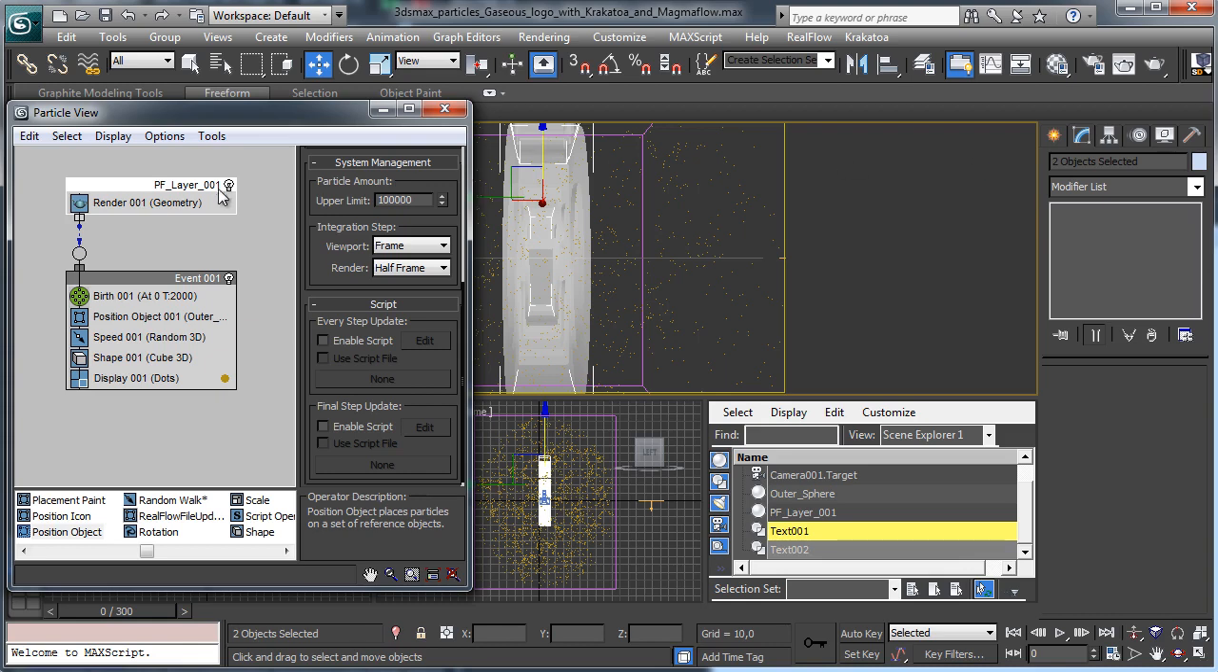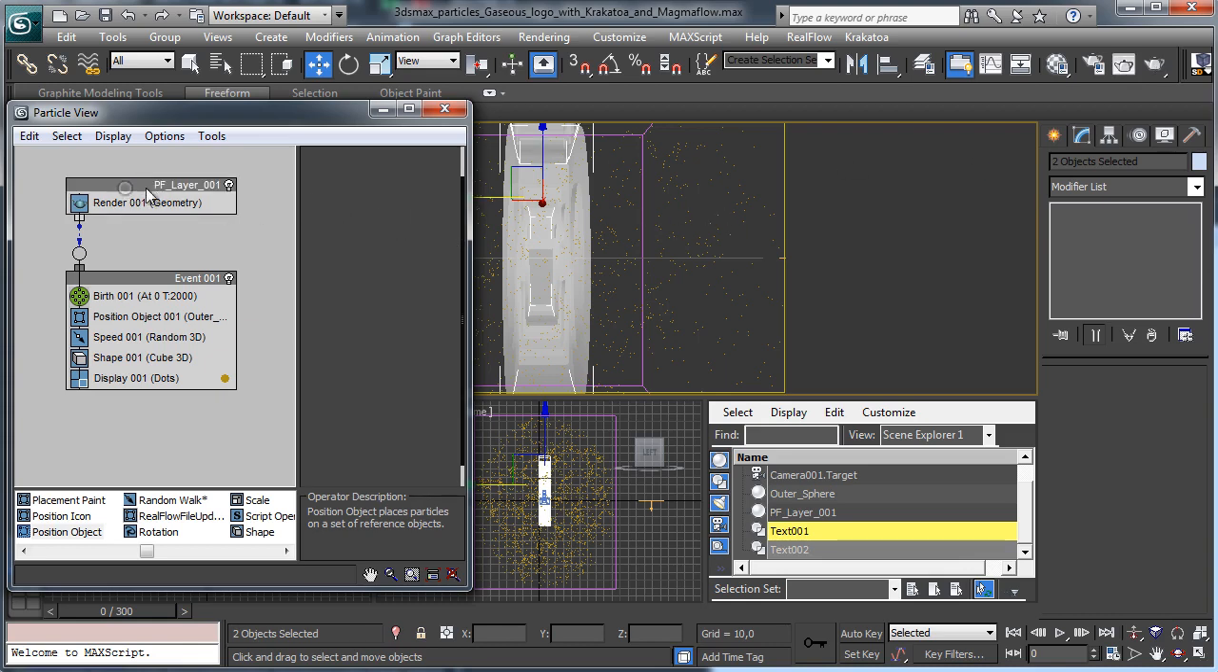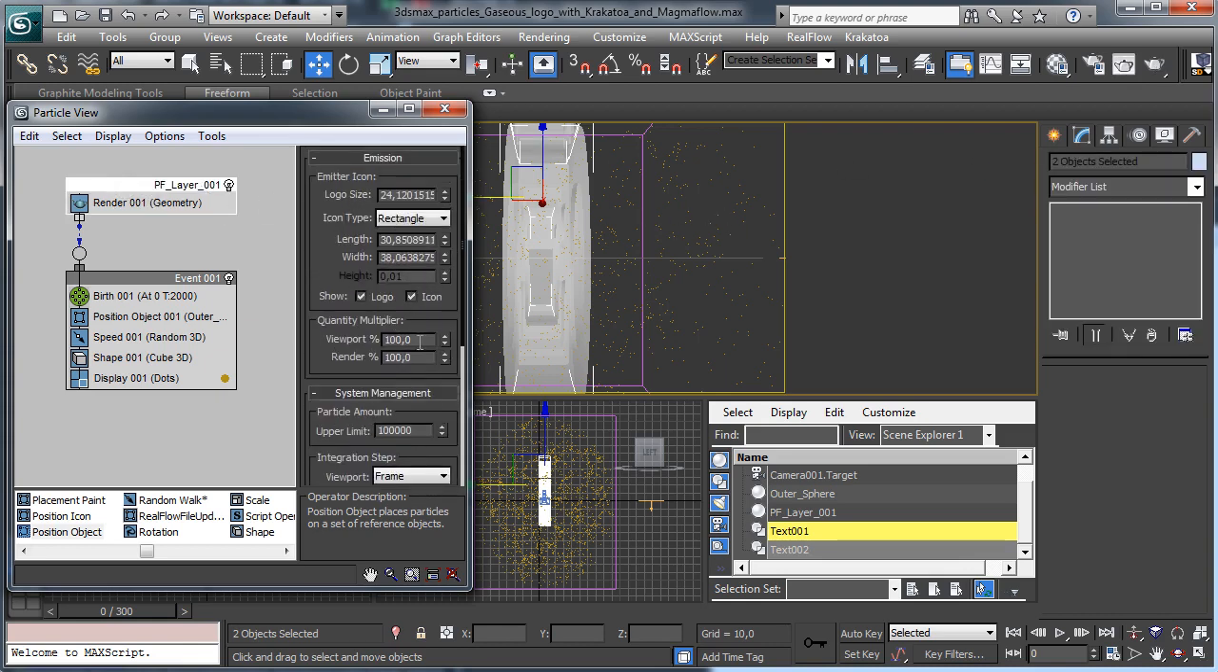Let's say for the moment to show maybe just 10% of the particles we are using. So we have a different way to tune the particles and it will be faster. Then